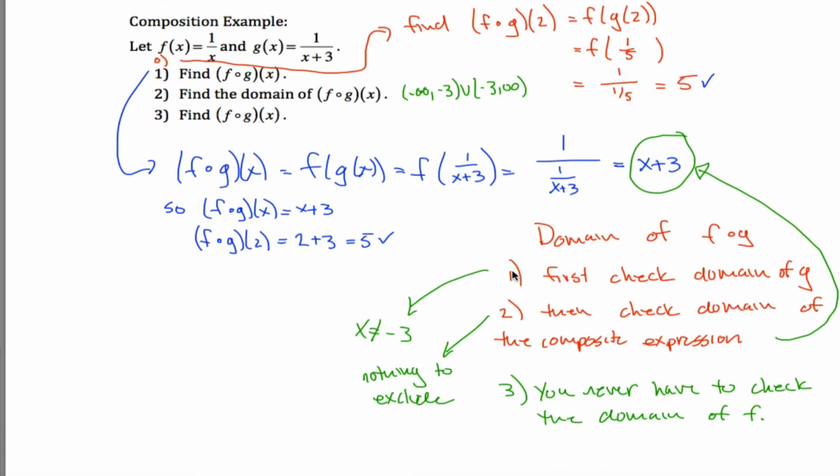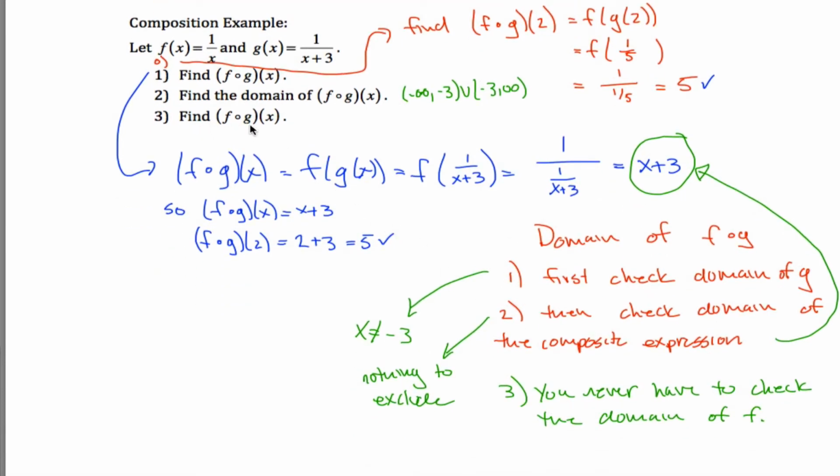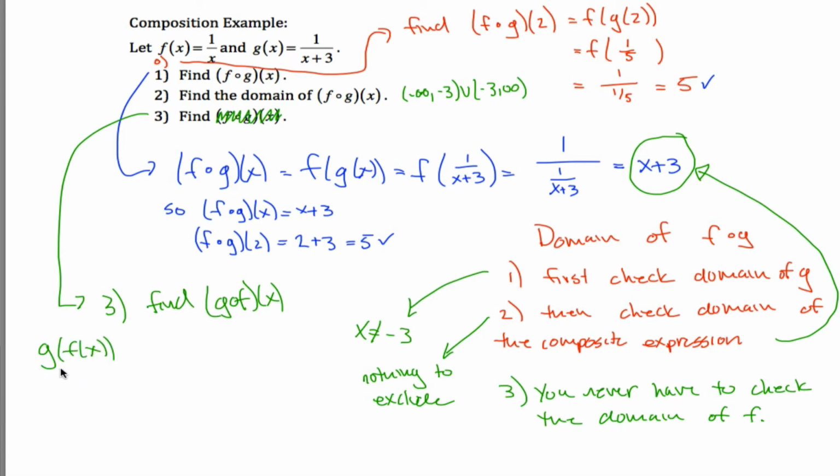Two more quick things before I finish up this video here. F of g of x is not what I wanted to do here. So for part 3, let's find g of f of x. The point that I want to make in 3 is that function composition is not commutative. F of g of x is different than g of f of x. And to show you why, let's just do this exact same example. G of f of x